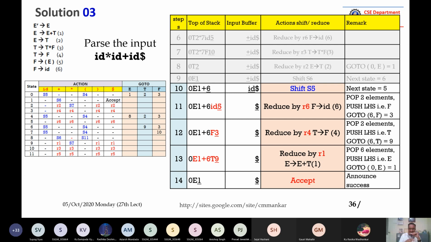When I say refer to line number 11 and then reduce by R6, when I say see the original grammar, refer to rule number 6, then you will understand. But if you look at only one part of the PPT and not the other part, there will be a problem. So anyway, that is there, but from my side I am trying to make it descriptive, colorful, and whatever. So I think